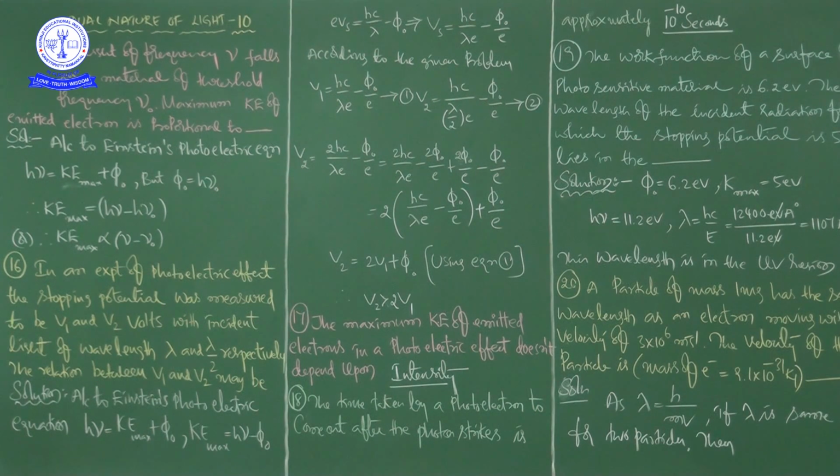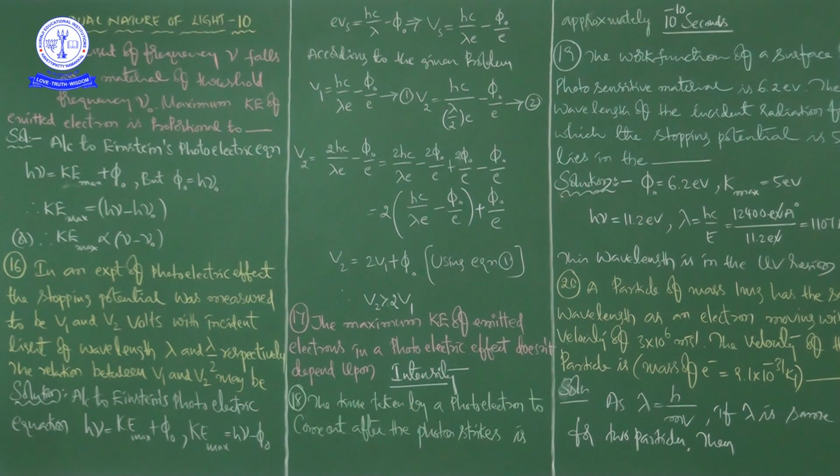potential are. See here, in an experiment on the photoelectric effect, the stopping potential was measured to be V1 and V2 volts with incident light of wavelength lambda and lambda by 2 respectively. The relation between V1 and V2 may be, so he is asking to find the relation between V1 and V2. See here, according to